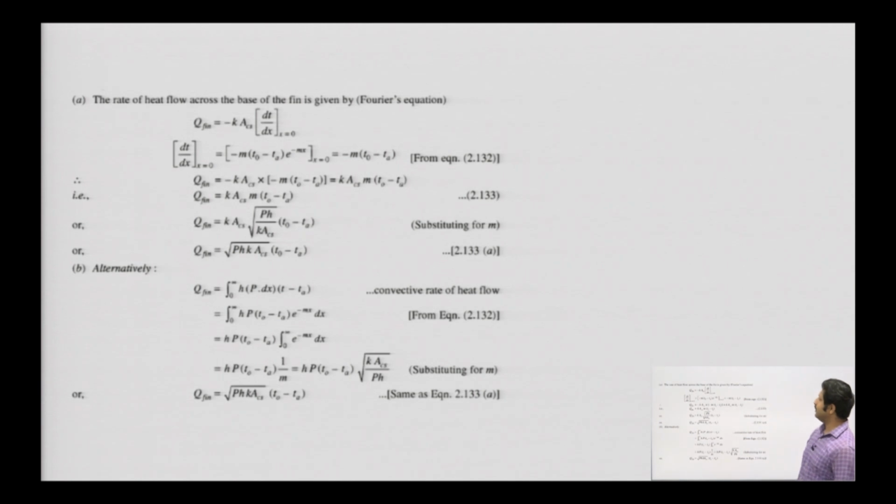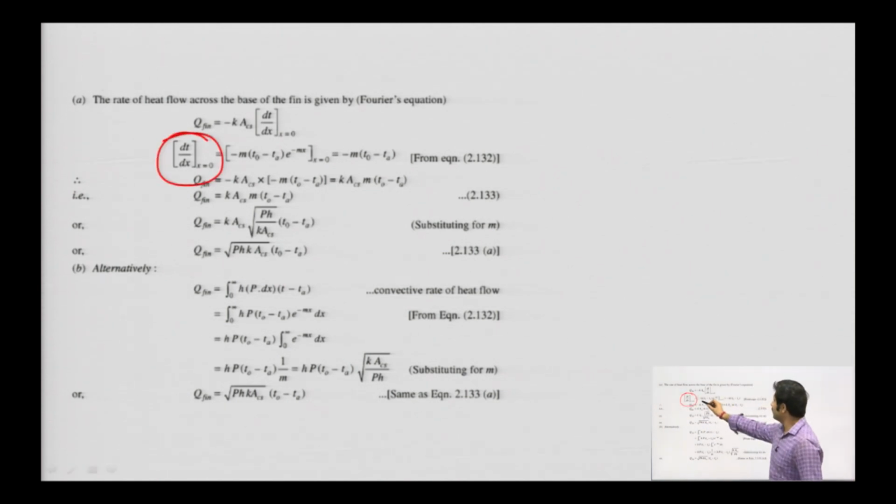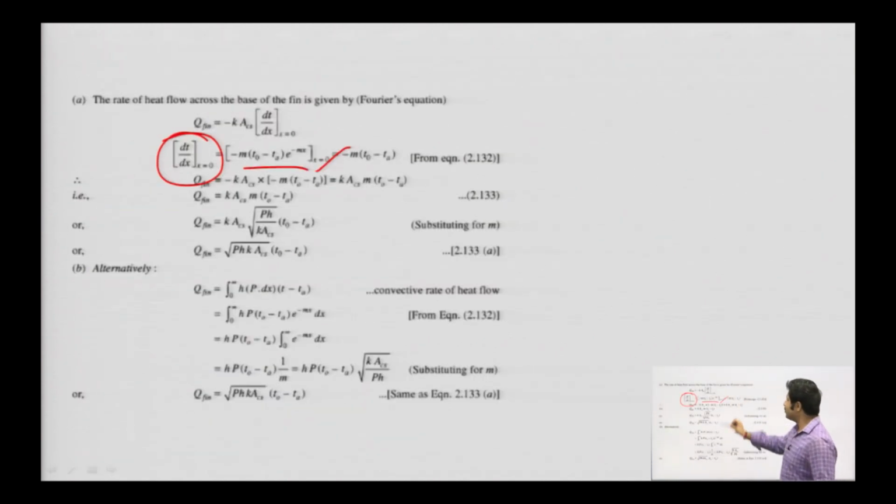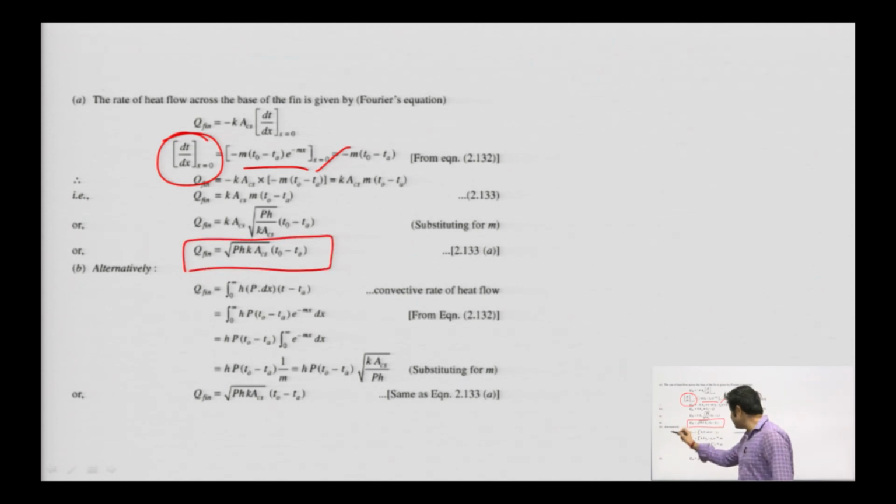Now, for the rate of heat flow across the base of the fin, we have to take out the Q max. By Fourier's equation, we all know that the conduction occurs at the base, the maximum conduction. So here it is, at x equals 0. You know this is the theta. You just derive it and put x equals 0, and with a little rearranging here and there you can get this. This is the heat transfer through the fin when the length is undefined, or the length is infinite.